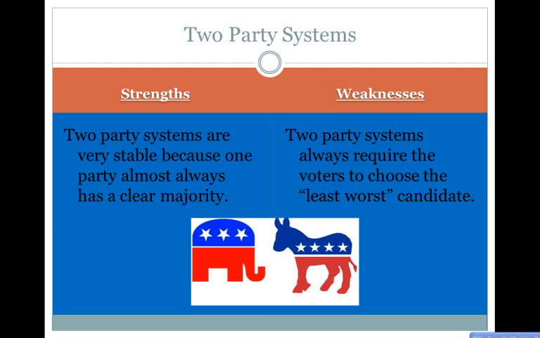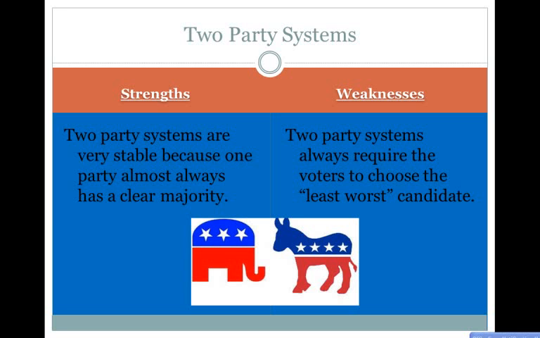Because political parties in the United States, there's only two major ones, they're so gigantic and include so many different people with so many different opinions, it's very rare that you would agree with your candidate's presidential nominee or gubernatorial nominee or senator or House of Representatives member on every single issue. That would be very unusual. Normally, you would disagree with them on at least some positions. So you have to choose not the perfect candidate, but the candidate who's the closest to what you actually believe in. And we'll be doing an activity in class